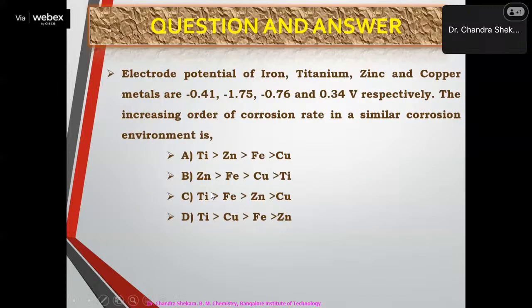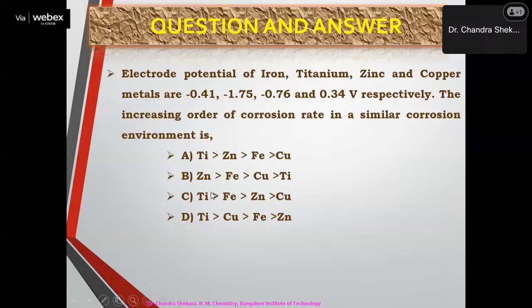Therefore, with this particular knowledge, see, I told you in the beginning of the session that only when you deeply understand a particular concept, then you will be able to answer the questions effectively. Now let us take one or two simple questions here, and we shall discuss how to answer these questions based upon the concept. Application of the concept and answering the questions here.